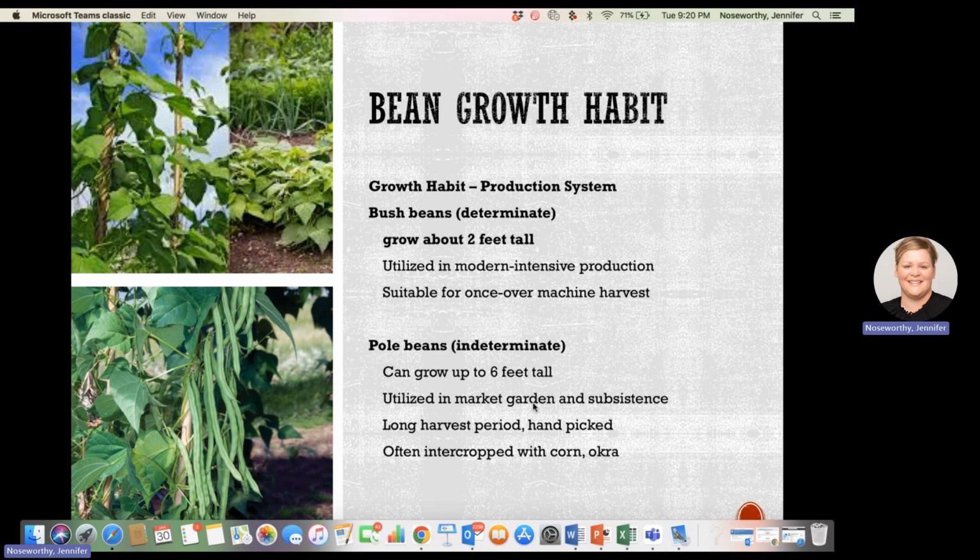They are kind of hard as far as harvesting because of the fact that they only grow 2 feet off the ground. But in general, we have these two different categories of bush beans, which we call determinate because once they flower and fruit, they don't continue to flower and fruit. Whereas pole beans, the vining variety, will continue to grow fruit and flower indefinitely until the cold weather comes.